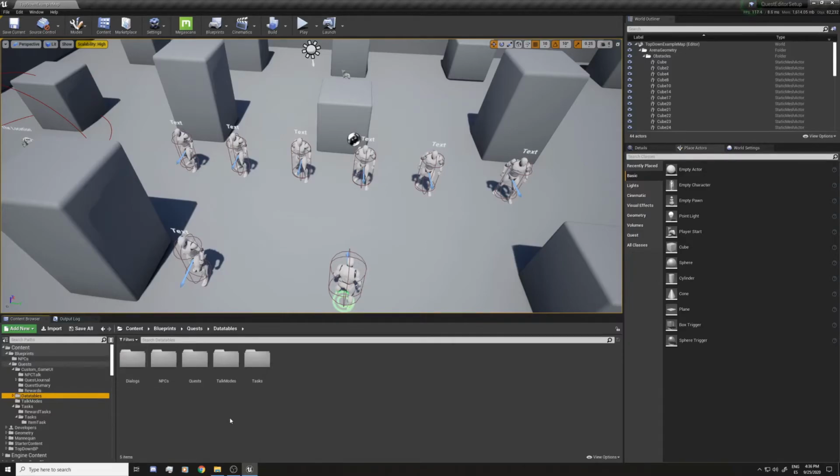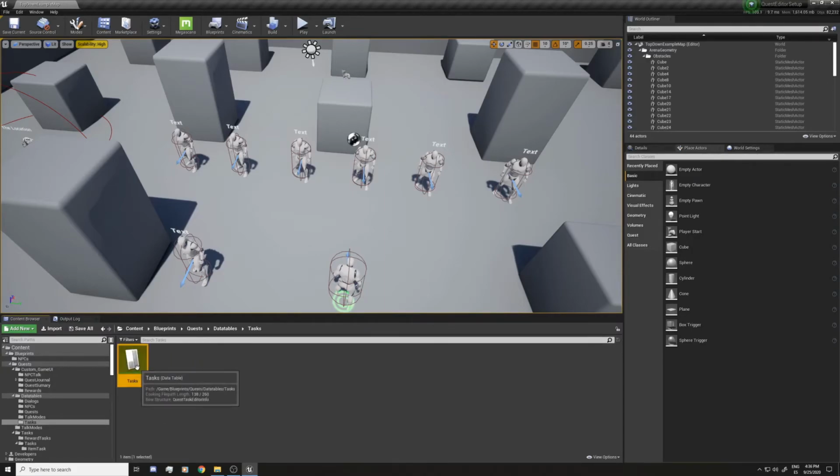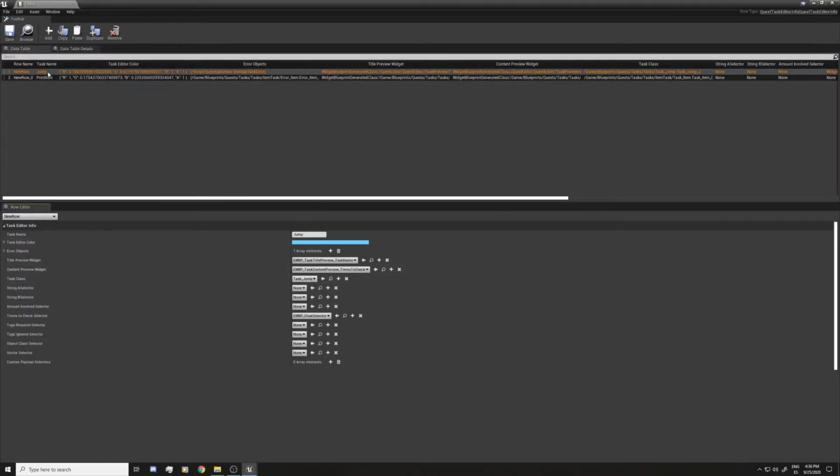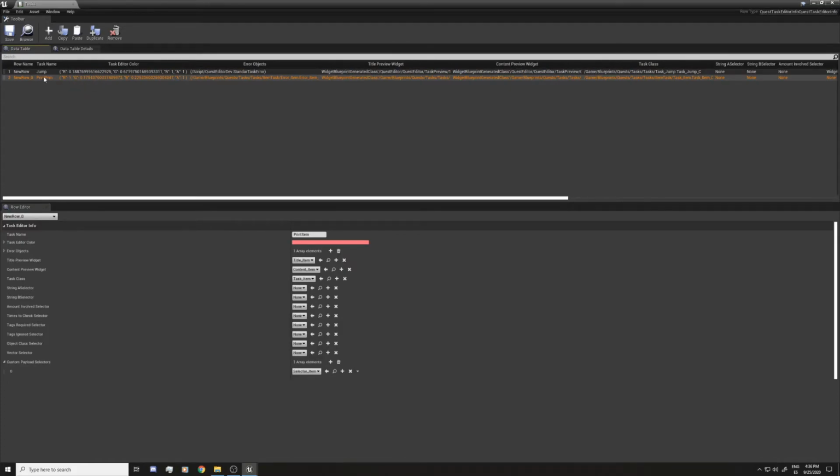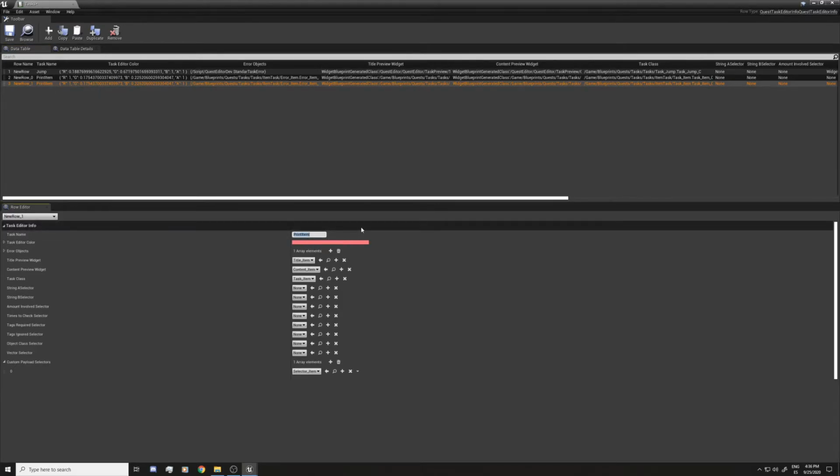So if you go to data tables and go to quests, then to task, the task data tables, we have the jump one and the print item, and I'm gonna duplicate the print item one. I'm gonna say this is choose item, and if you remember, I said that all these little things like selectors, content, title, etc. were very reusable and very modular, and that's true, and we're gonna show it here because we are sure gonna use all the same ones.